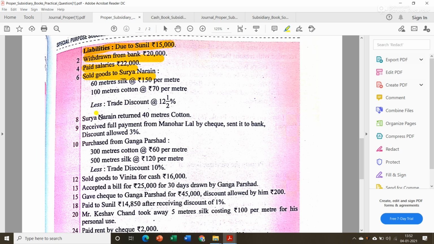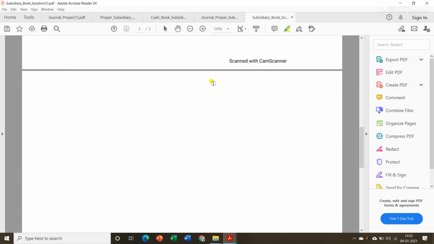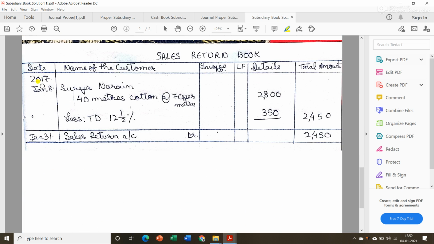Then the next transaction we have on January 8: Surya Narayan returned 40 meters of cotton. See, earlier we sold him goods, now he returned us some goods. That means it is a sales return, so we are going to prepare the sales return book. In here we will write the January date, then the name of the customer, then the details of the goods that he had returned us, that is 40 meters of cotton at 70 per meter,